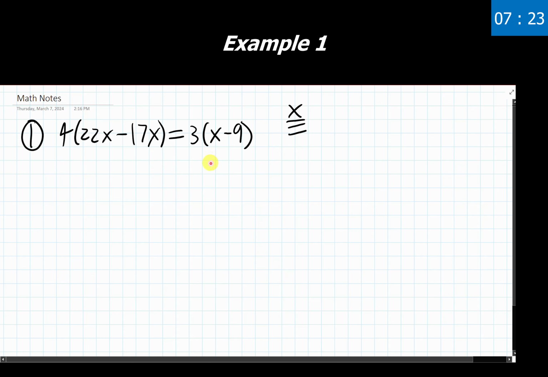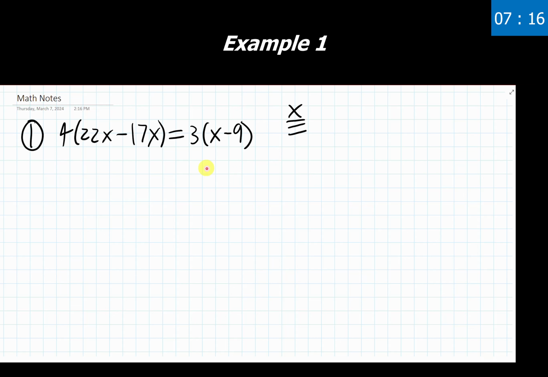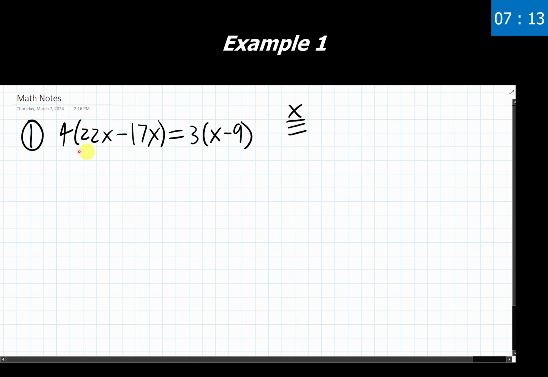Great. Moving on to our second step that we had, we're told to simplify both sides of the equation individually. So I have stuff that's going on over here on this left side, stuff going on here on the right side. The reason I recommend that we simplify each side individually is because this is a mess with how we look at it right now. This is also kind of a mess. We're going to see worse later on. So let's just start with cleaning this side up, and then we start adding, subtracting back and forth.